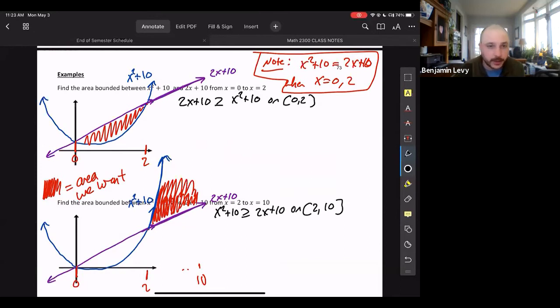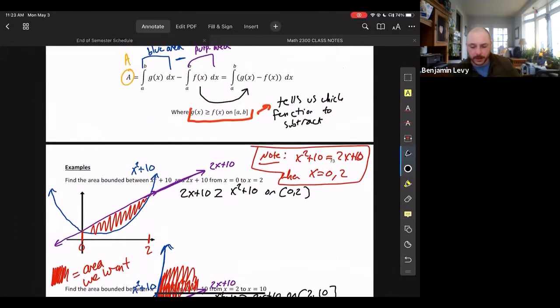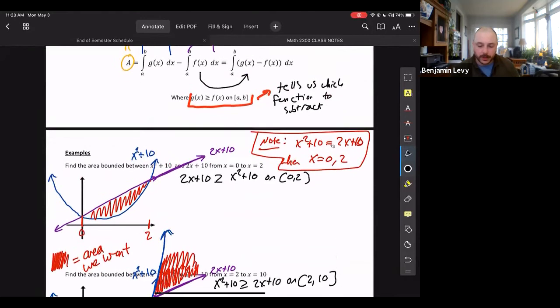So maybe in your head, think about what those integrals would look like, based on the definition that's right up above here. Try to get it all on the page there. What's that going to be? Integral of what minus what from what to what? Take a second and think about it. Maybe I'll do the first one kind of slow and then give you a second to think about the second one. So on the first one, the area, if this is our A in the middle there,